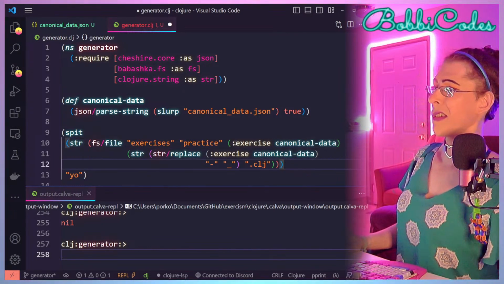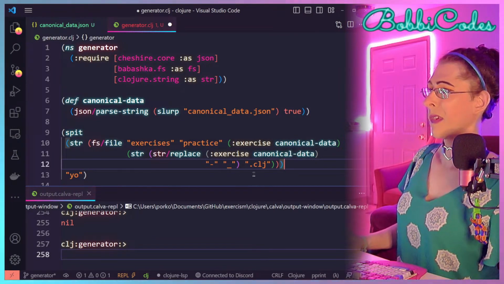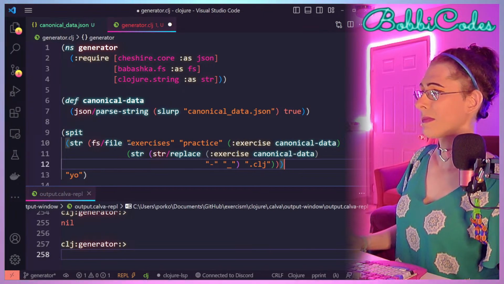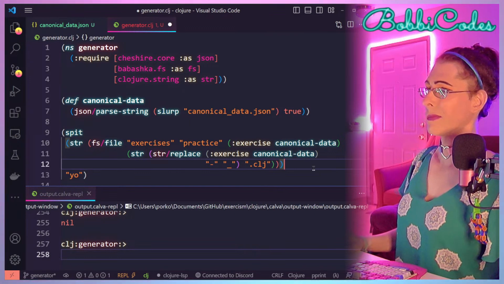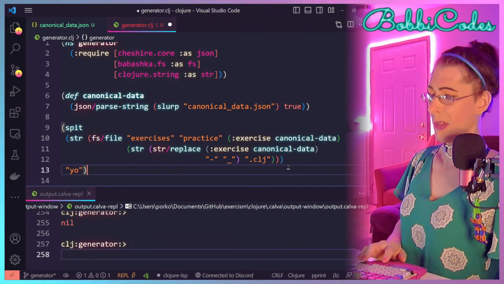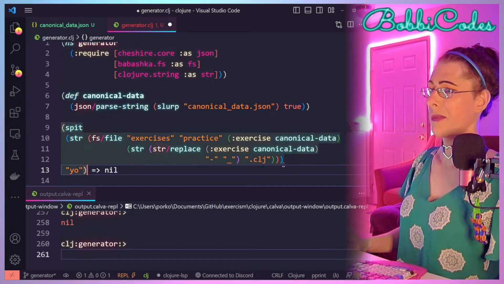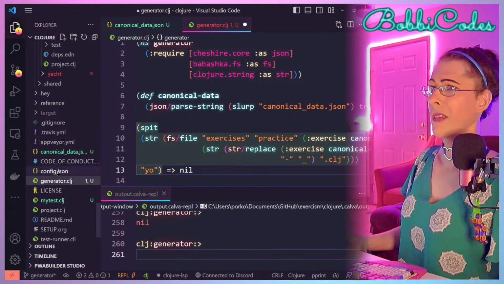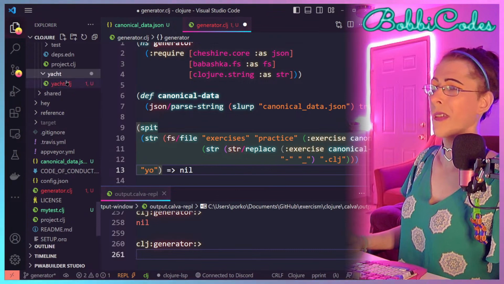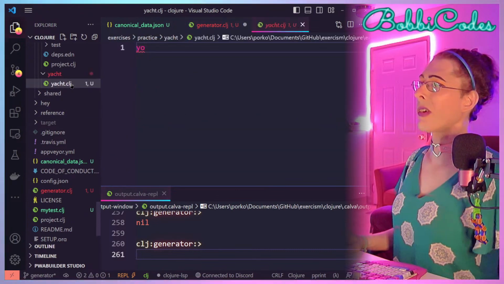And just to see that it works, yeah, okay, let's just try it. It returned nil. Wonder if that's, oh, yeah, there it is. Oh, you know what?